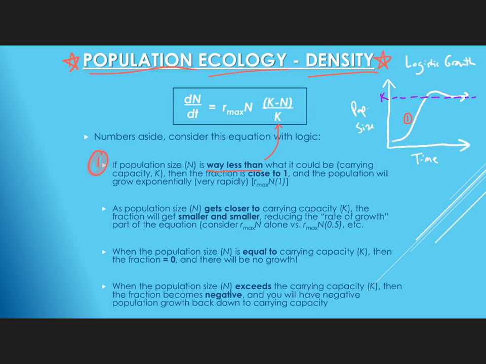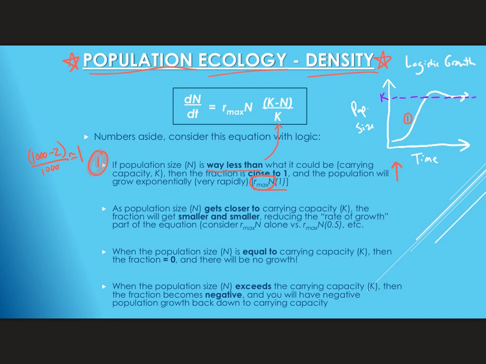Let's say that carrying capacity is 1,000 and our current population is 2. Then we do 1,000 minus 2 over 1,000, and this is almost equal to 1. And if it's almost equal to 1, that means that we're essentially just using our exponential growth formula. And so what we expect during this time period is that you'll have a rapid increase in population size,